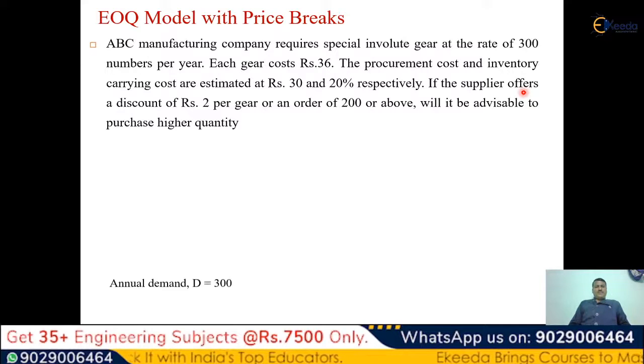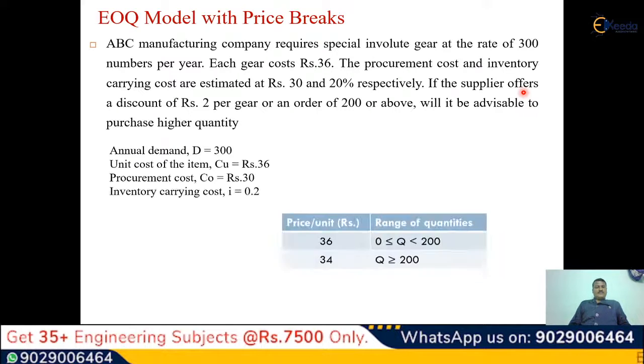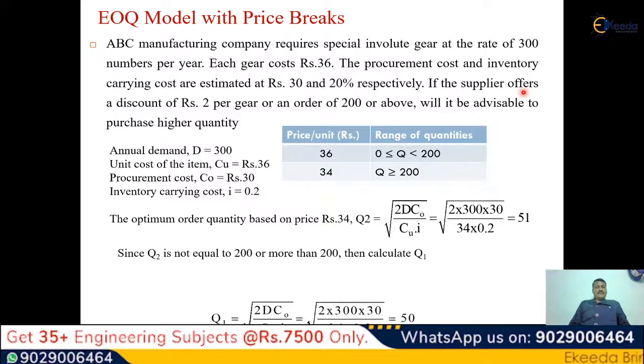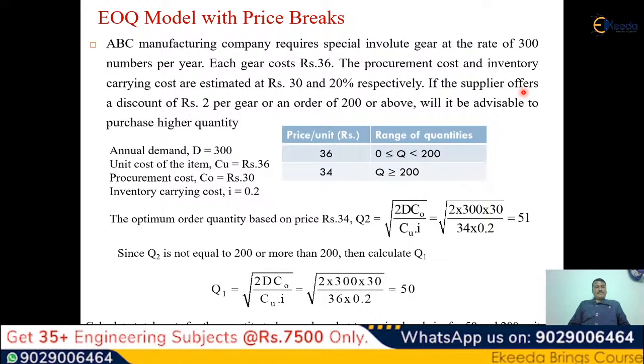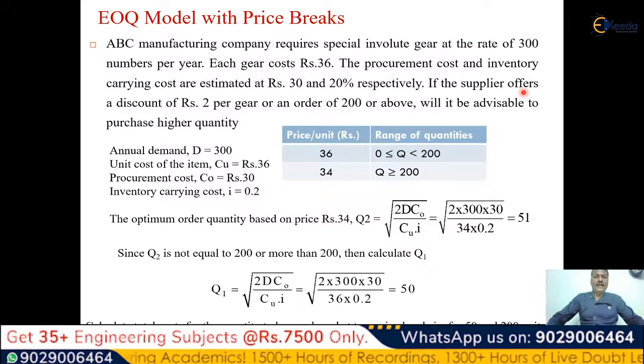So the EOQ model with price breaks is another example which we can deal with for this inventory model. Like ABC is a manufacturing company which requires special involute gear at the rate of 300 per year, and each gear costs around rupees 36. The cost for procuring it and the inventory carrying cost are estimated at rupees 30 and 20%